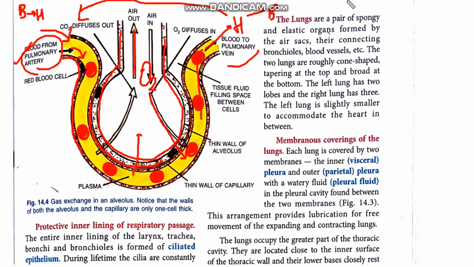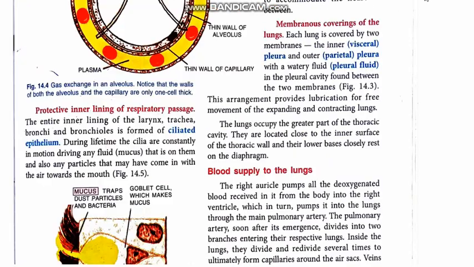आई होप कि ये चीज़ आपको क्लियर है। Now let's see the protective inner lining of our respiratory passage, ठीक है। हमने देखा कि हमारे नोज के अंदर नसल चैम्बर के अंदर हमारे क्या आते हैं, हेयर्स और म्यूकस ग्लैंड्स से, ठीक है। पर उसके नीचे जब हम आते हैं लैरिंक्स पे, ट्रैकिया पे, ब्रोंकाई पे, ब्रोंक्यूल्स पे, वहाँ पे क्या होता है, सिलिएटेड एपिथेलियम की लेयर होती है, ठीक है, जिन्हें हम सीलिया भी कहते हैं, ठीक है।